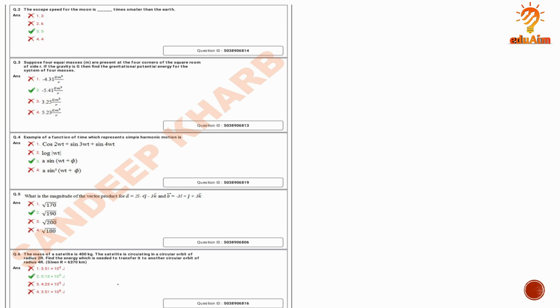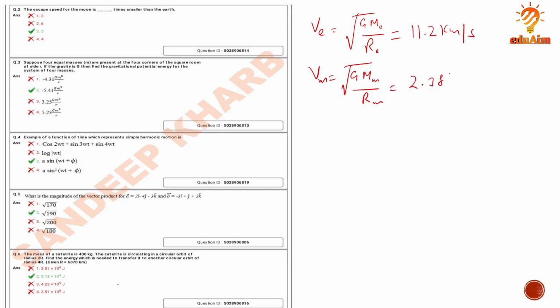Second question is, the escape speed for the moon is dash times smaller than the earth. We have to find how many times smaller the escape velocity of the moon is than that of the earth. We know the escape velocity is root GM by R. For earth it comes out to be 11.2 kilometer per second. For moon the escape velocity is 2.38 kilometers per second, and if we calculate the ratio, then 11.2 divided by 2.38, approximately it comes out to